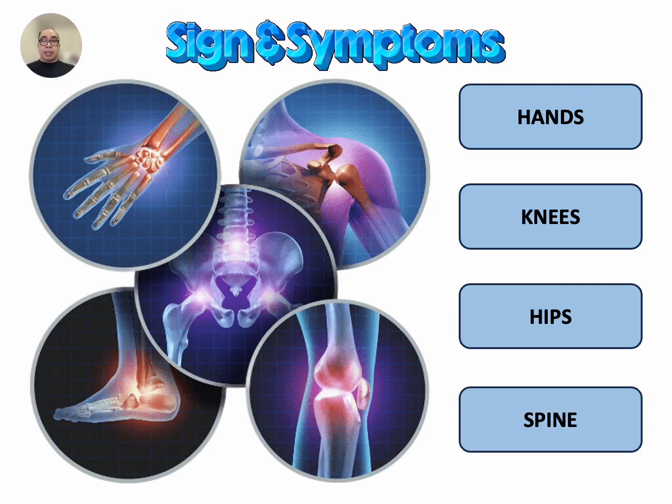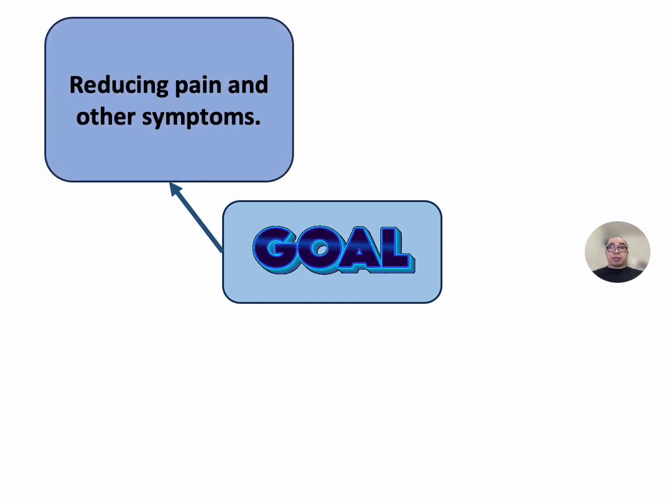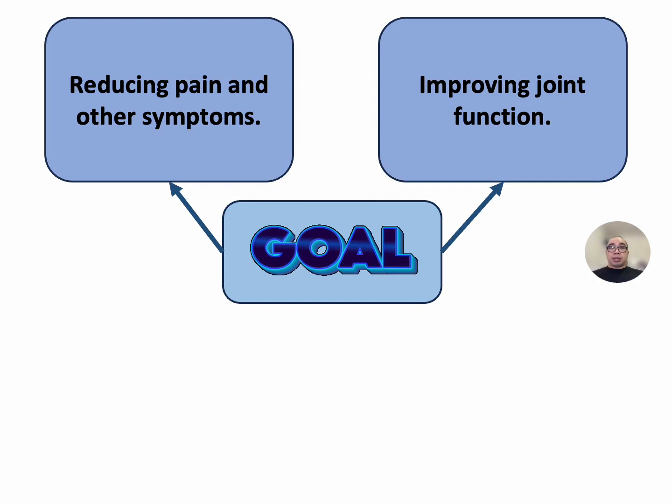In the spine, the patient may feel stiffness and pain in the neck and lower back. As changes in the spine happen, some people develop spinal stenosis, which can lead to other symptoms. As symptoms worsen over time, activities that you could participate in become difficult to do, such as stepping up, getting on or off the toilet, getting in and out of a chair, gripping a pan, or walking across the parking lot.